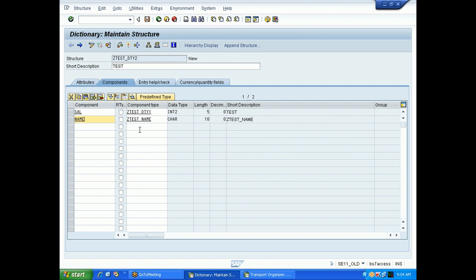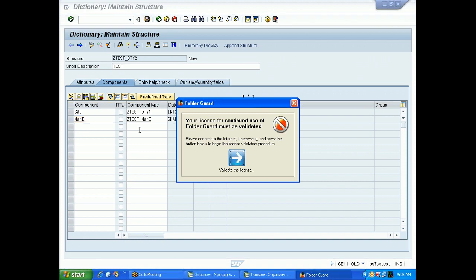Now I have a question once again. Whenever you are creating a table, you have a table structure and table data. I have already told you to look at the table in two different views: one is the table structure and the other is the table data. That is the table structure and this is also a structure. Then what is the difference between a table structure and this structure? What is the difference between a table and a structure?